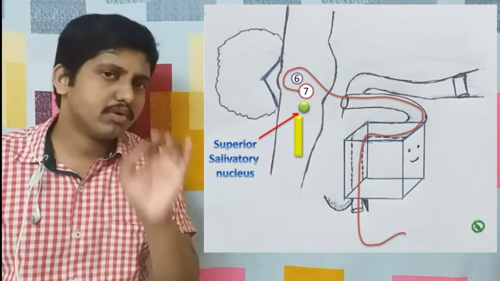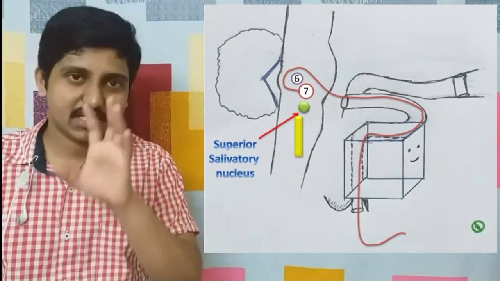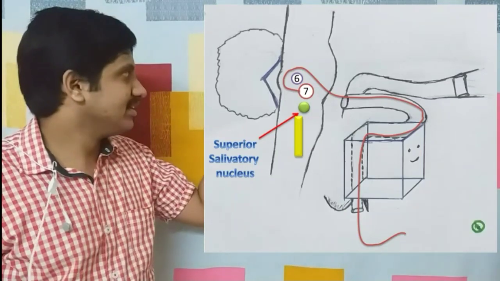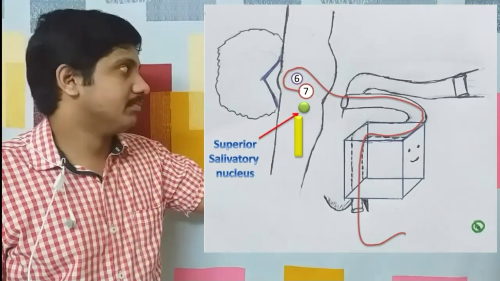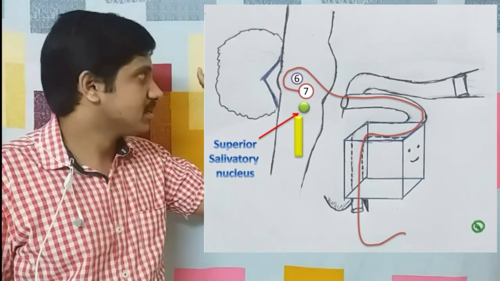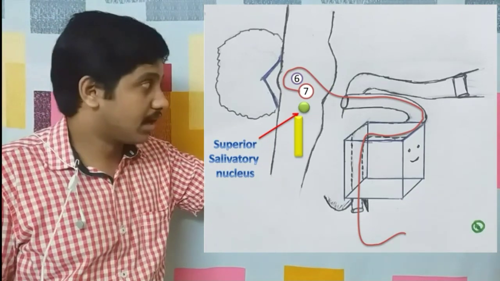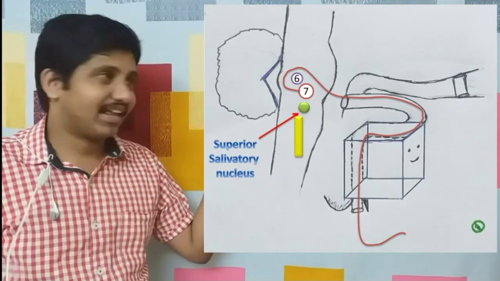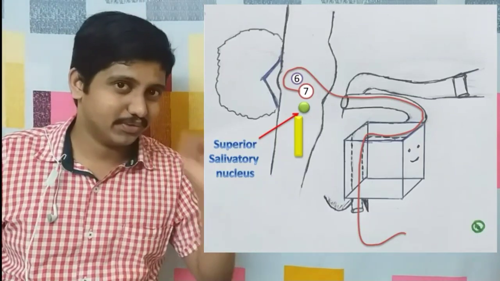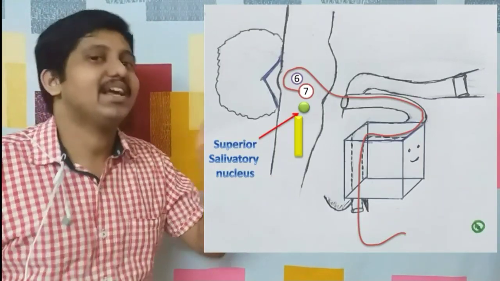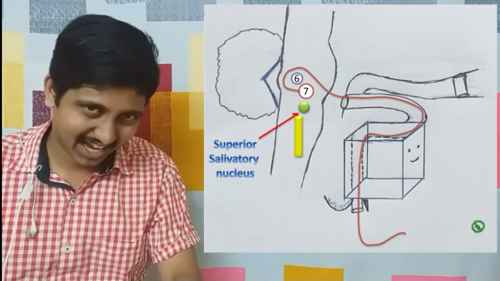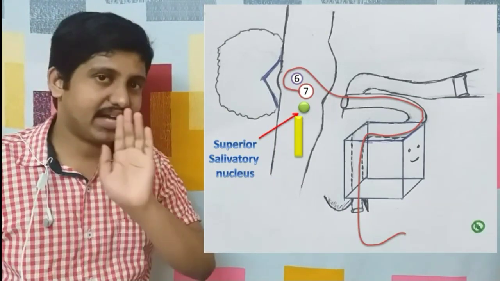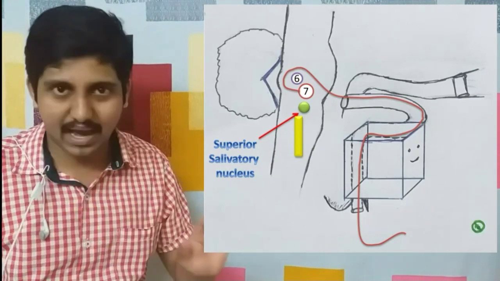This is the most important point, where most students find it very difficult to understand from the books. So I will mention it clearly. Here you can see this facial canal, how it comes. The motor nerve comes like this, and then bends, takes a hairpin bend. That bend is nothing but a genu, and hence there is a ganglion there, called the geniculate ganglion. I will tell the importance of that ganglion later. Now just understand that there is a ganglion present there. It is not a parasympathetic ganglion.